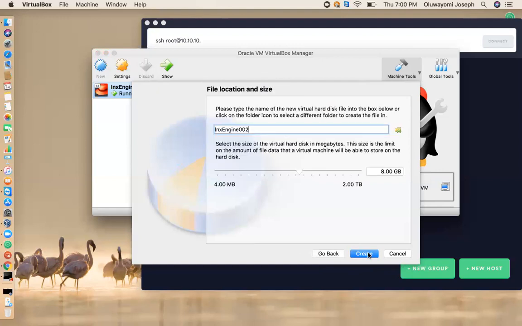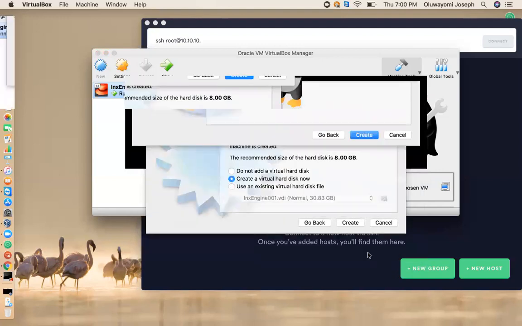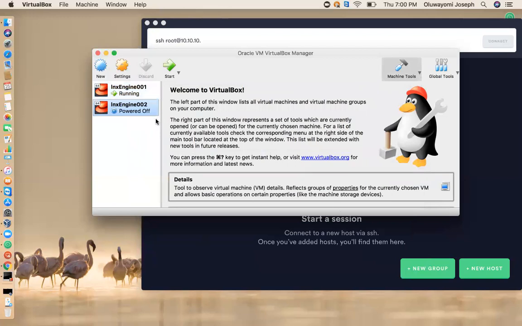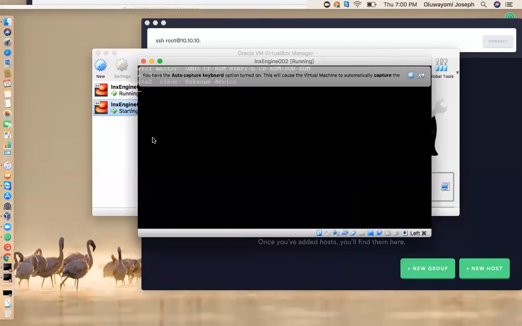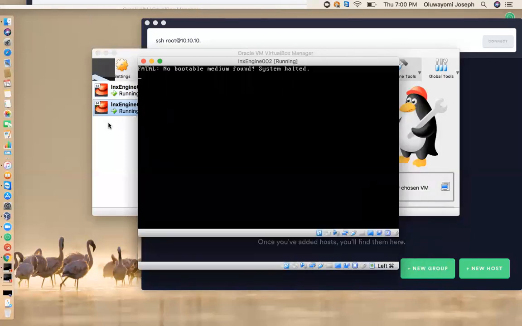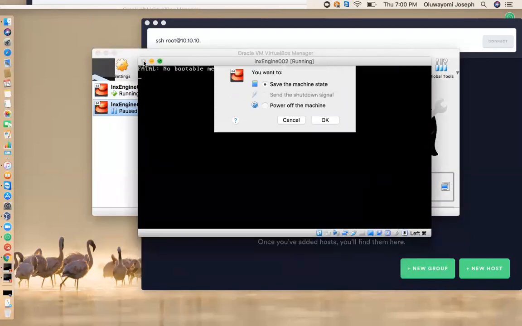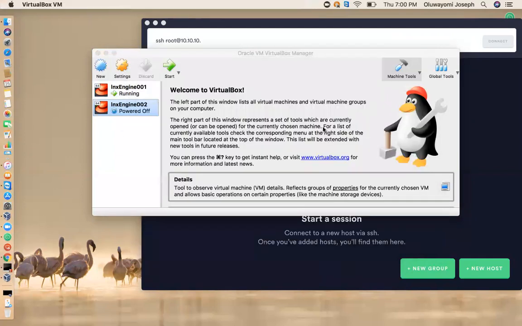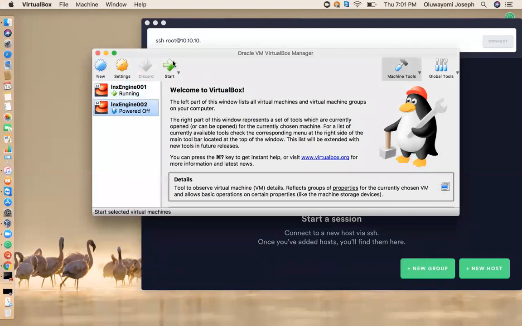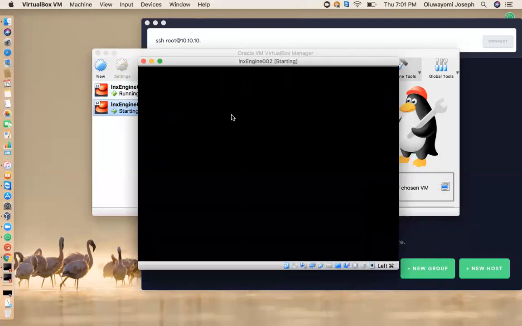Continue, dynamic, create. Okay. And I'm starting that. So you will notice something. When I clicked on start, let me go back and show us this again. When I click on power off, let me power off. When I click on start,